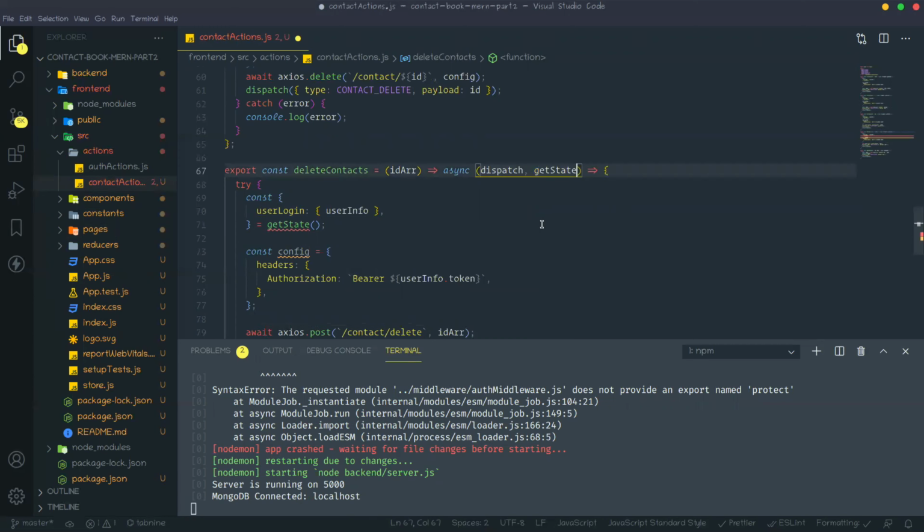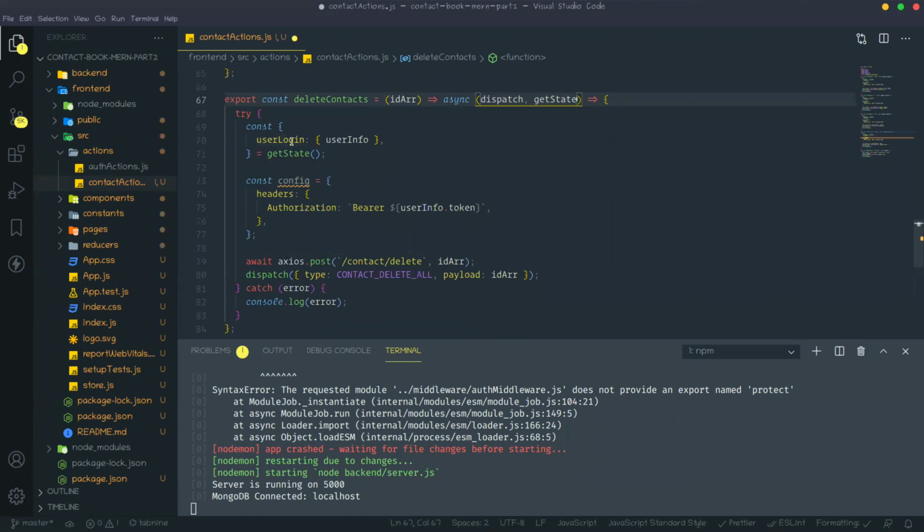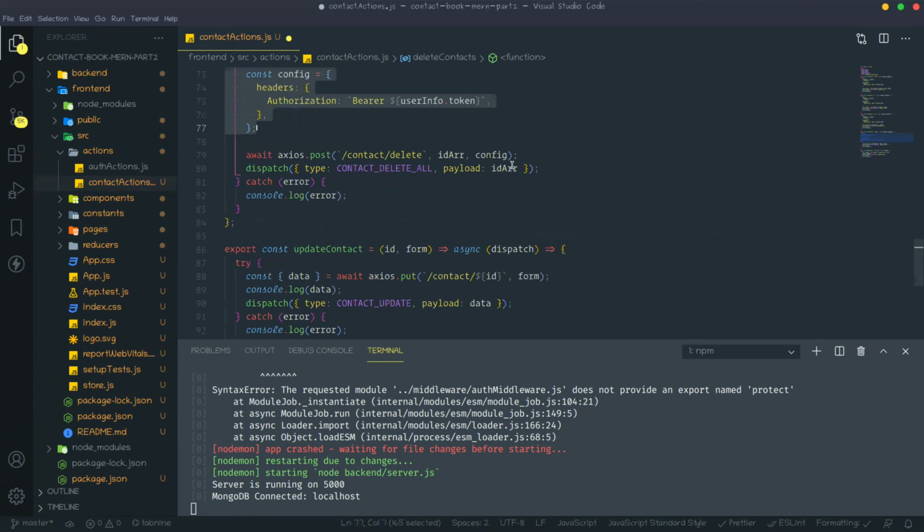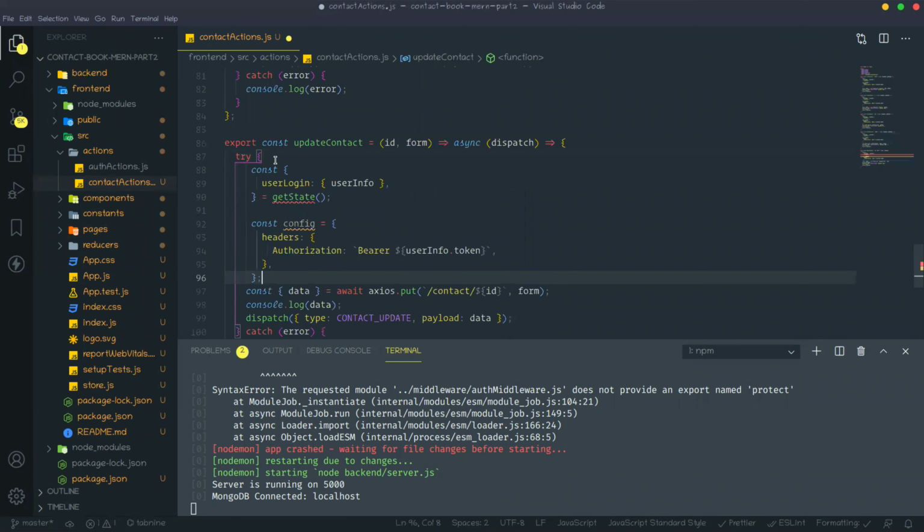So any operation you want to do, you need to go with that Bearer token, otherwise it will not work. Okay, last one is update contact.